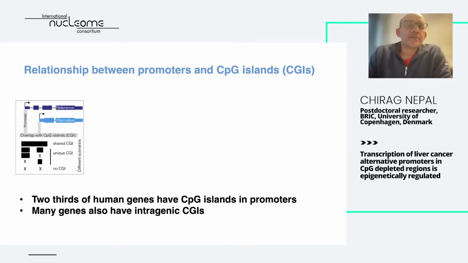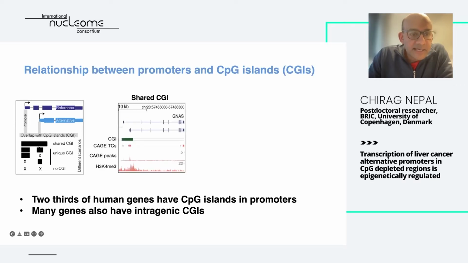Then we wanted to look into the associations between the promoters and the CpG islands, because 2/3 of the human genes have CpG islands in the promoters. And we also know that many genes have CpG islands in their gene body, or intergenic CGIs. So here we classify the system to see that we have a reference and alternative promoters and transcript. And you can find a condition where the CpG island is shared by both reference and alternative promoter, as in the case of